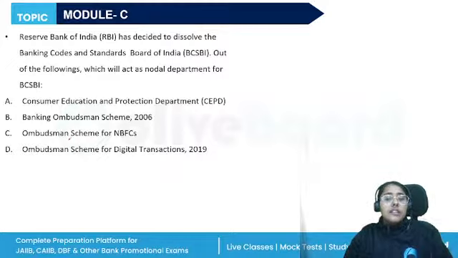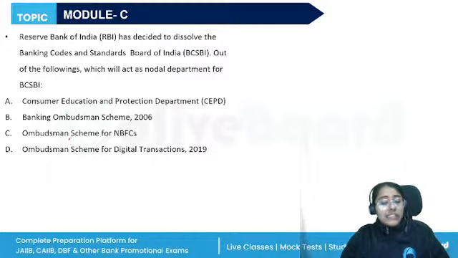Next, the Reserve Bank of India has decided to dissolve the BCSBI. All right, in 2022 it was decided to dissolve the BCSBI. Out of the following, which will act as the nodal department: the Consumer Education and Protection Department, CEPD, Banking Ombudsman Scheme 2006, Ombudsman Scheme for NBFCs, or Ombudsman Scheme for Digital Transactions 2019? So now, to act as the nodal officer for supervision and monitoring, the CEPD